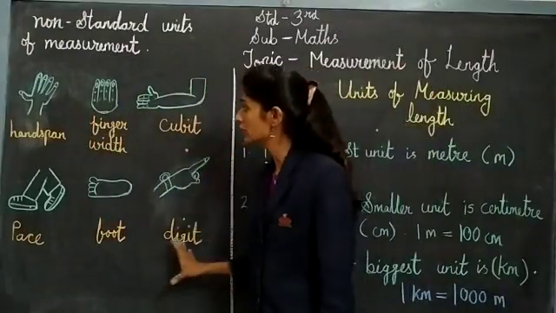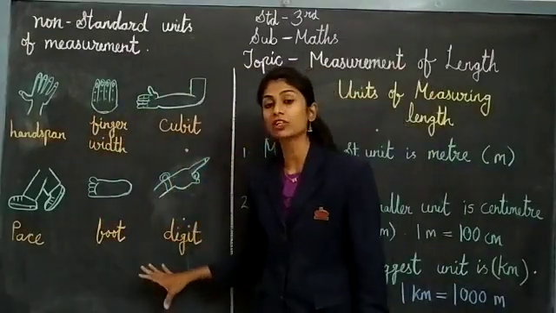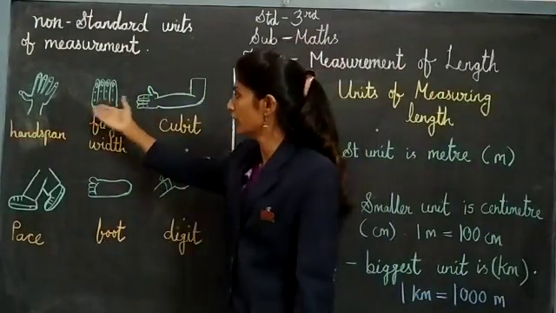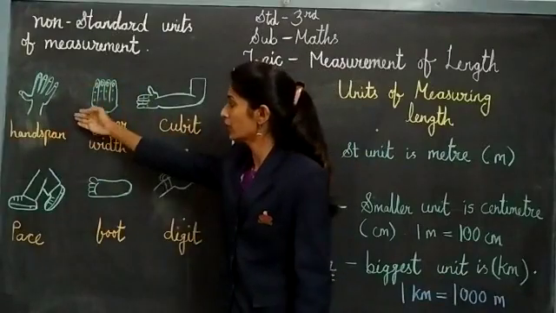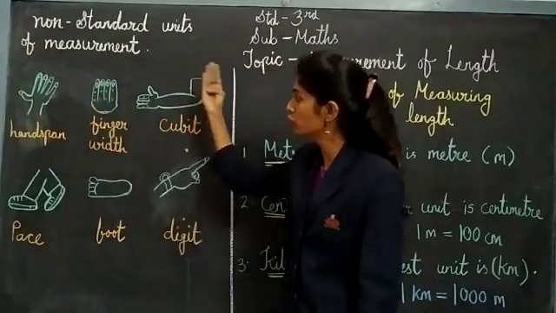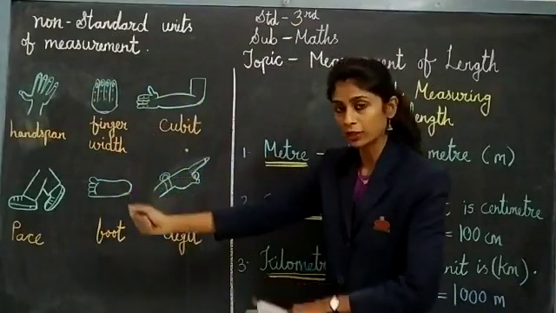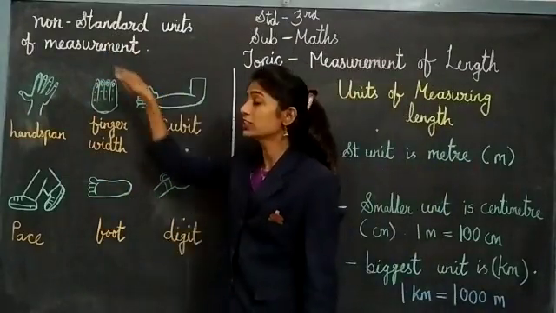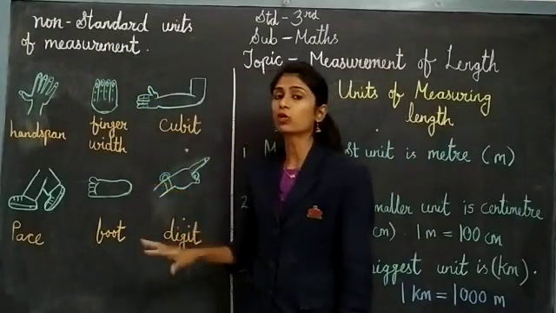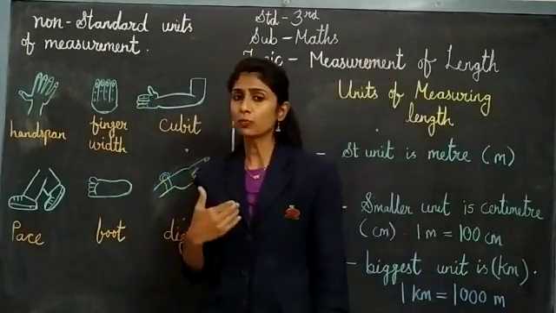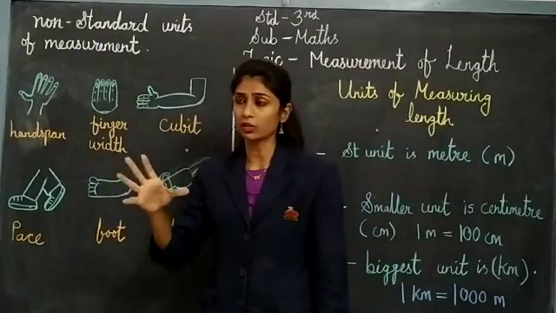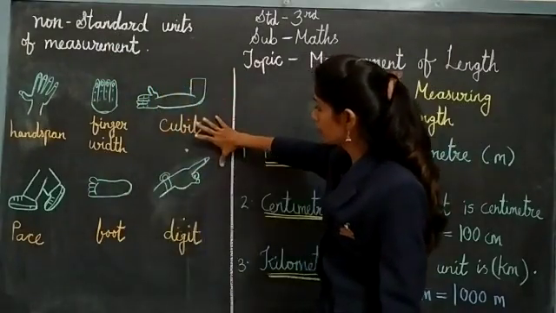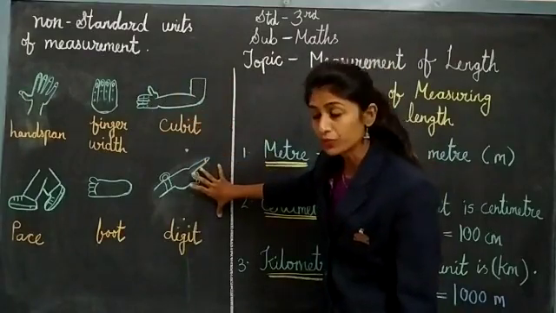So these are some of the measurements that we use with the help of our body parts. Okay, this is my body part, right? You also have this body part, handspan you have, finger width you have, cubit you have. Now here the question is why I am saying that it is non-standard measurement. Because suppose I am taking some object's measurement with my hand, okay, so whatever it will become,